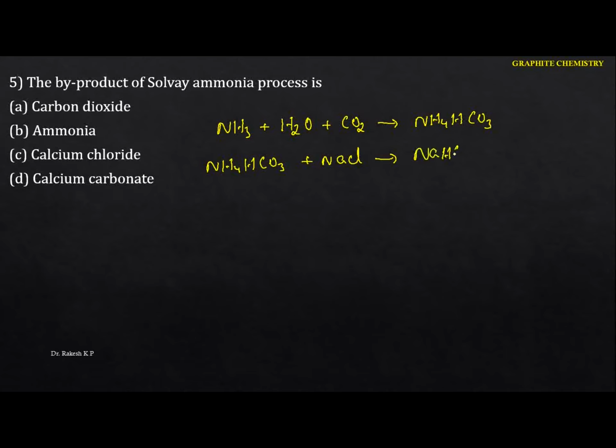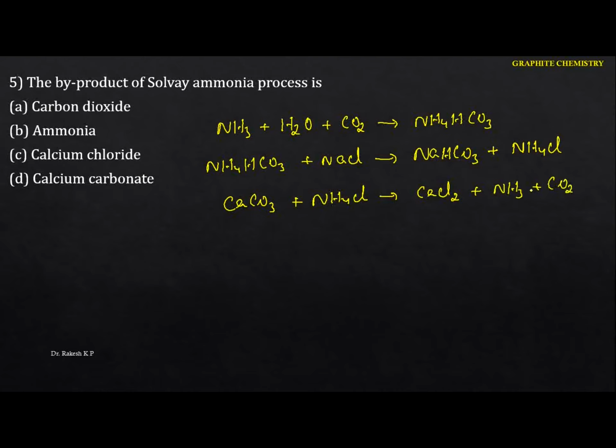So here we are going to get the sodium bicarbonate, and again the byproduct will be the ammonium chloride. Okay. Now see the next one here. In this case we are going to use calcium carbonate. Whenever it reacts with the ammonium chloride, we are going to get the calcium chloride, and we are going to get the ammonia as well as the